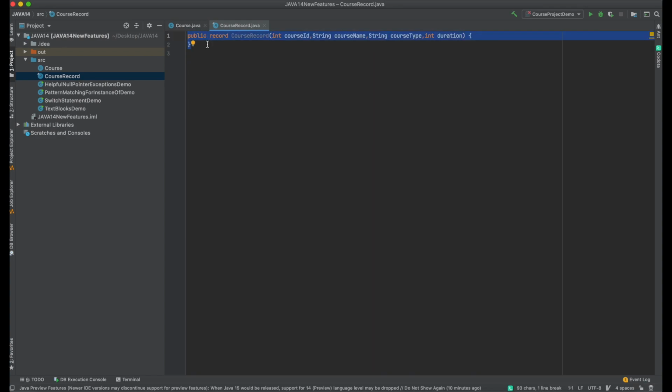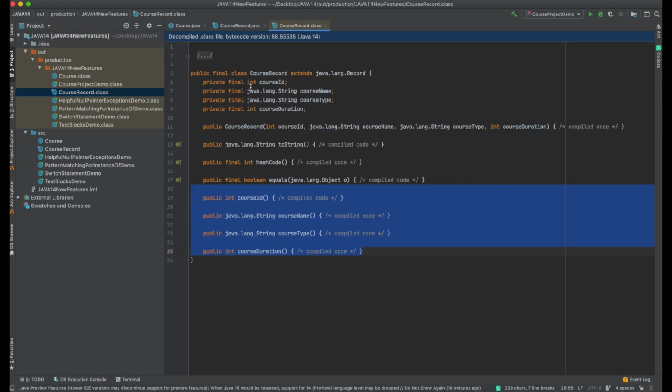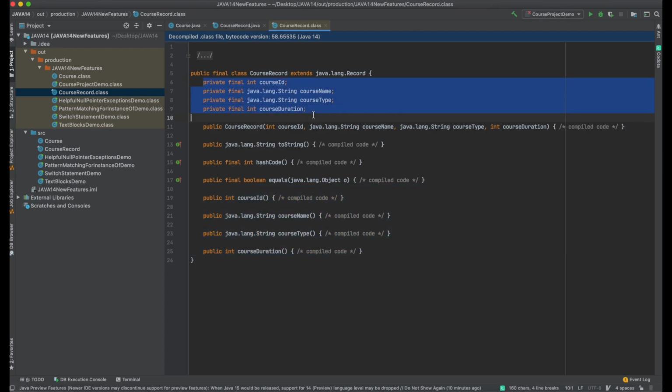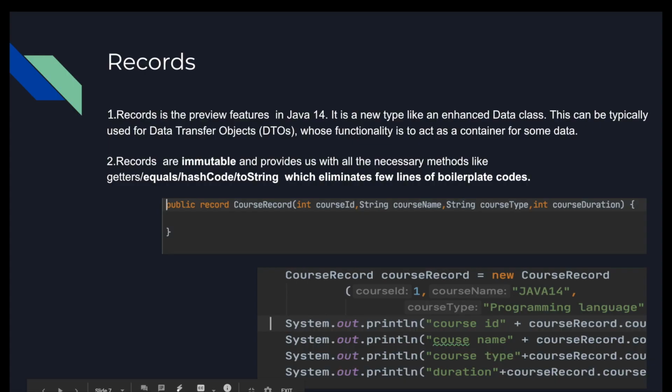So basically it provides all the necessary methods. Now let's decompile this record and see what's inside it. So I have decompiled this record. If you see CourseRecord.class, it has a set of variables, constructor, toString, hashCode, boolean equals, and a set of accessor methods, or you can say getters, where we are able to access the data from records.